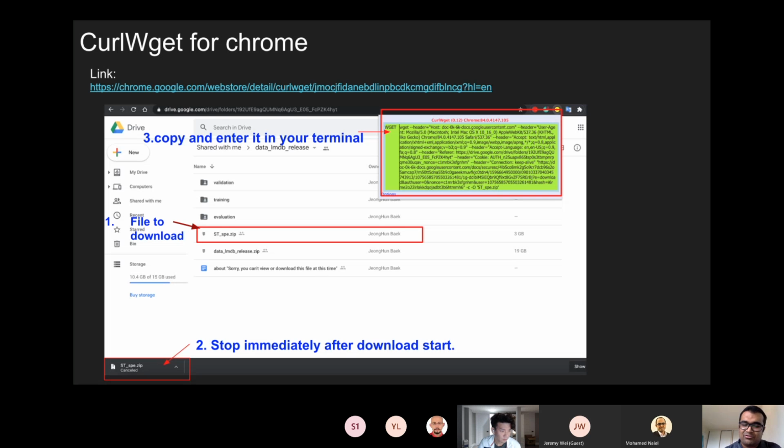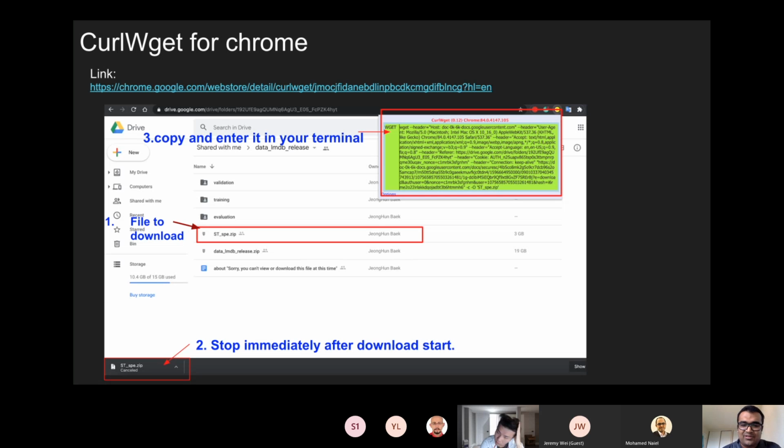But these data sets are large and they are in Google Drive. And you can't use Google Drive with just wget. One option would be to download those files and use SCP